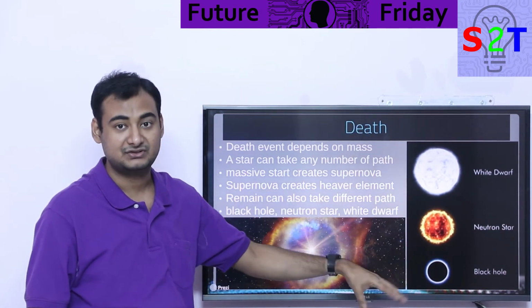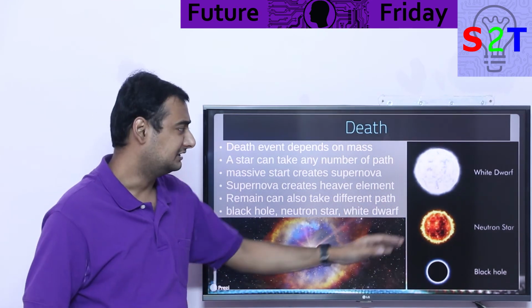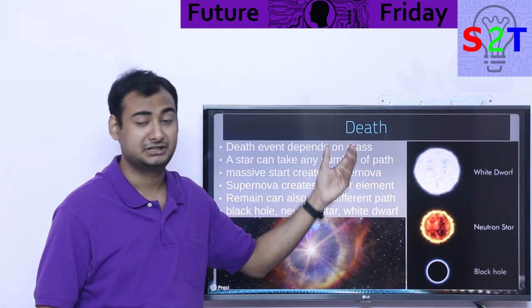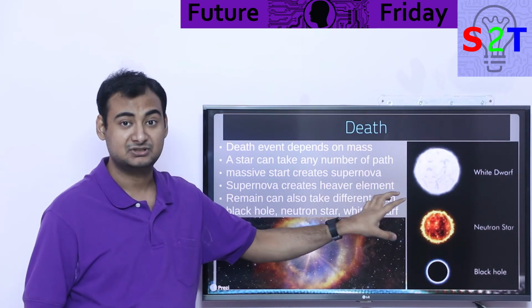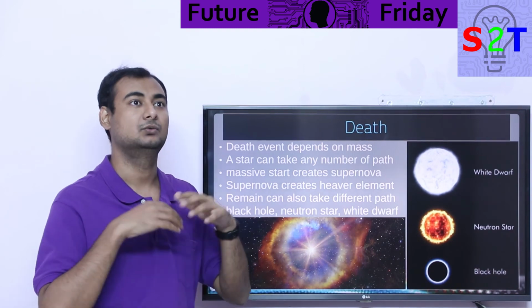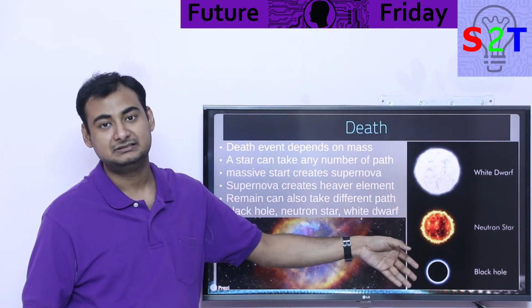So you will have three options depending on your star's mass. If you are low mass like our sun, you will have a white dwarf, powerful but not that big. But what if you are really huge? You can go into a neutron star. It would be very dense, and the gravitational impact would be huge. And what if you are really, really, really big? Then you will go to a black hole. So these are generally the three outcomes.